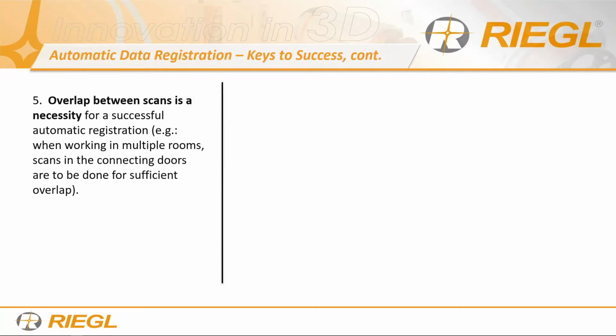Right. On step number 3, I talked about moving accordingly to where the object is. It's because of recommendation for number 5, overlap. I think overlap is king for our automatic registration. Now, our automatic registration tool does not make use of tie points, right? This is not control points; these are tie points,